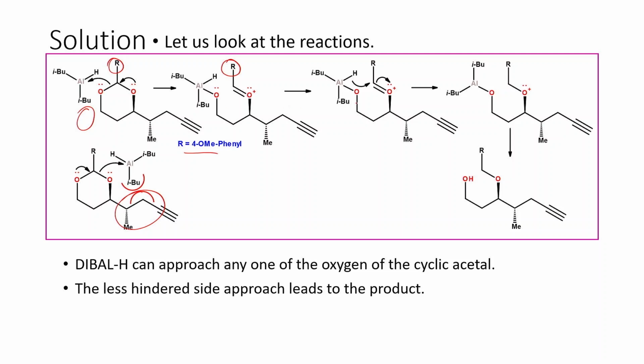And once this opens up, we can see how the hydride is transferred. So the hydride from the DIBAL-H will be transferred to this particular carbon atom. This is the benzylic carbon. So this hydride getting transferred to the benzylic carbon leads to the opening of this particular substrate. In other words, if you look at the overall reaction, we had the diol, and the diol underwent protection by the 4-methoxybenzaldehyde, and that dioxolane derivative was opened up by the diisobutyl aluminum hydride to release the